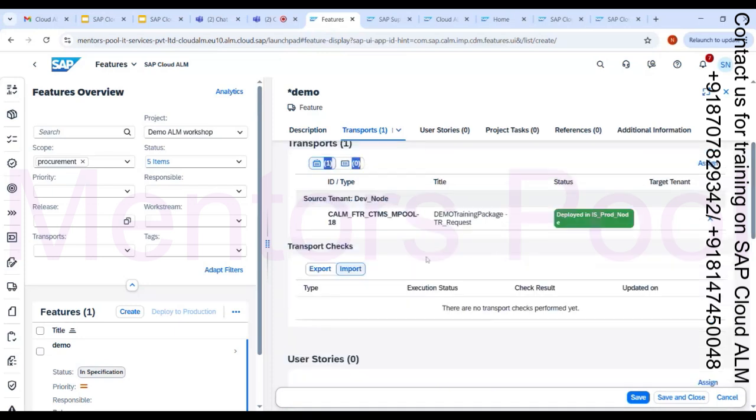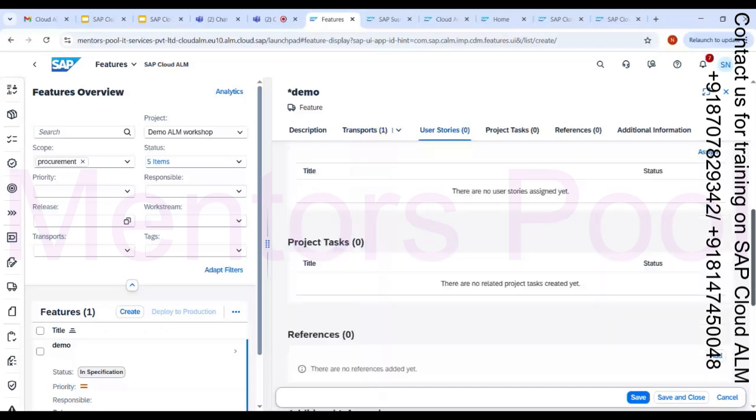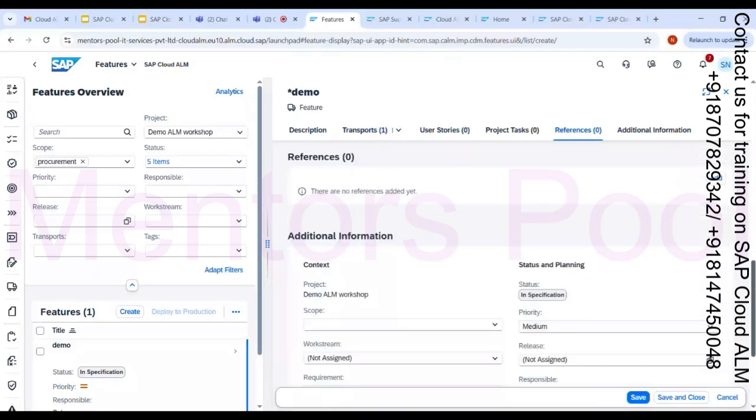So if it is going to be any S4 private edition one, you are going to do the transport checks also. You can do the downgrade protection check, and the cross reference check as well. But in the SAP roadmap vision, in the next quarter, they are releasing the cross system object lock also, retrofit. All these things are being provided, so that by the time of the training session, you will get more options to explore. And yeah, you can assure user stories and all the stuff, and you can select under what scope